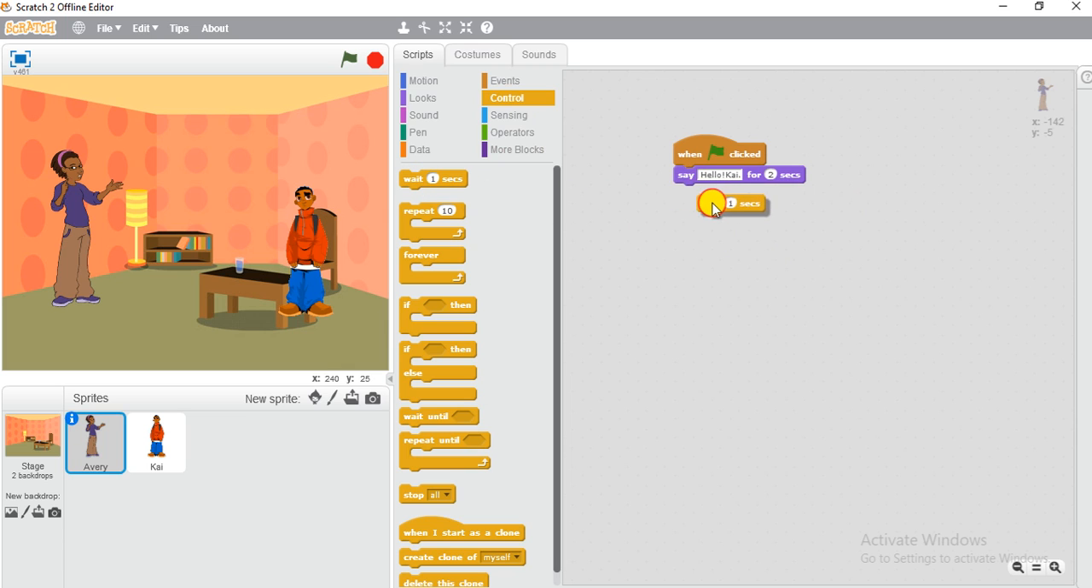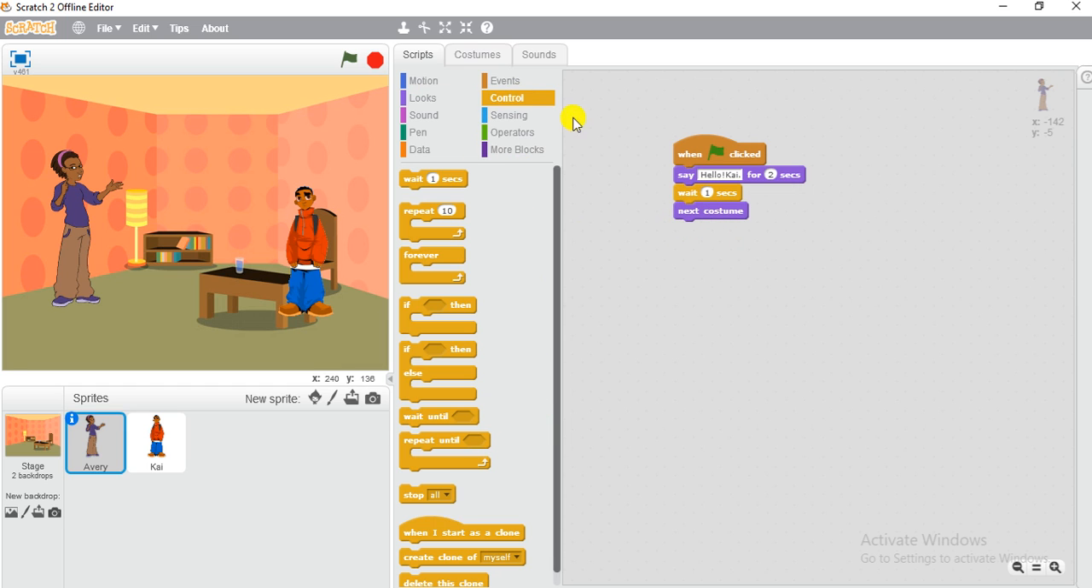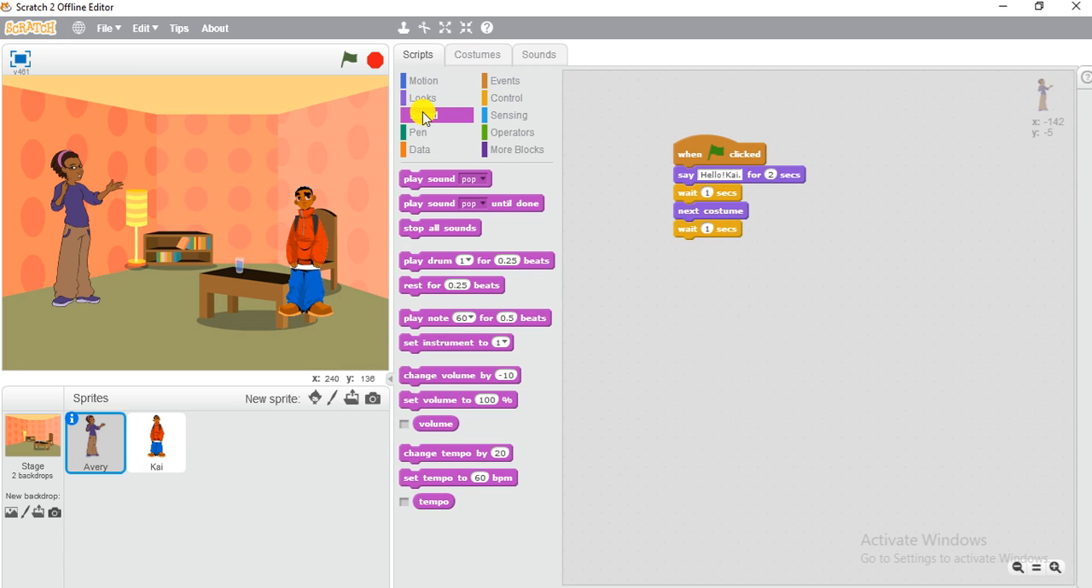and click on this puzzle, that is wait for 1 second. And if you want to change the looks also, meanwhile you can click on the next costume. So this is the block. I'll just click on the next costume. Again I'll go to the control option, again I'll give it a wait for 1 second, and again go to the sound option,